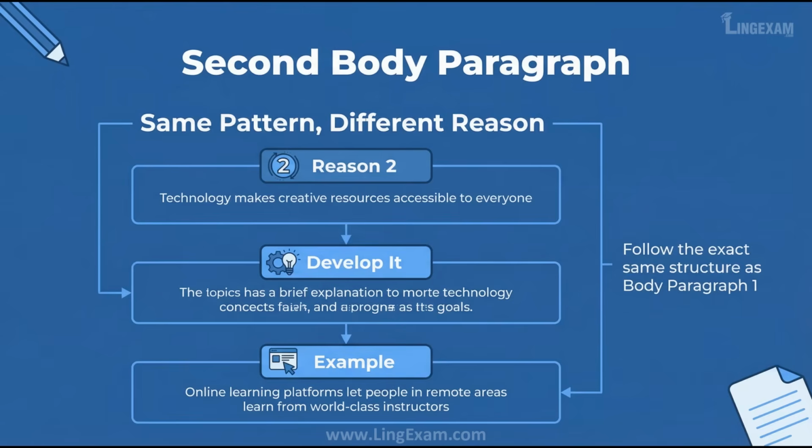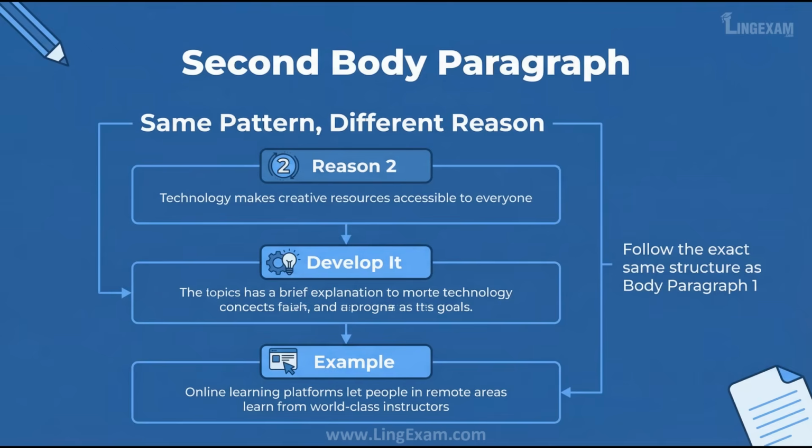Your third paragraph is your second body paragraph, and it follows exactly the same pattern as the first body paragraph. You present your second main reason for your opinion, develop it with explanation, and support it with another example or further evidence. Continuing with our technology and creativity example, your second reason might be that technology makes creative resources more